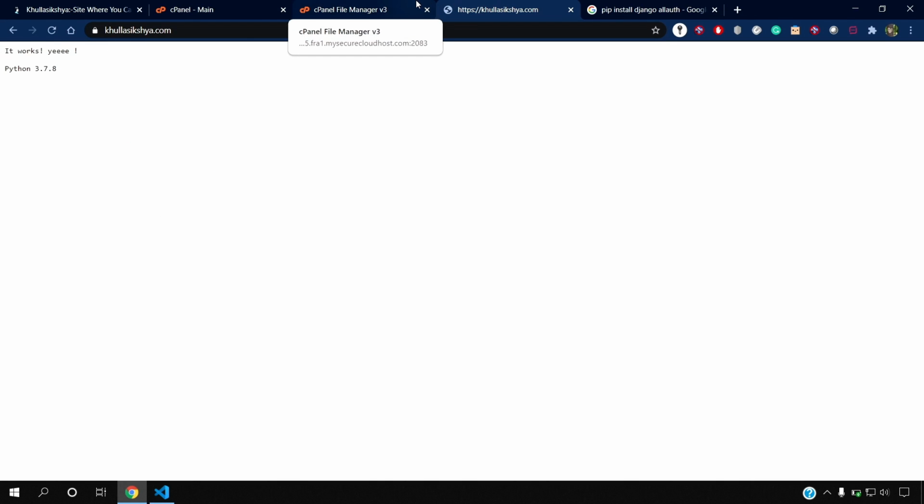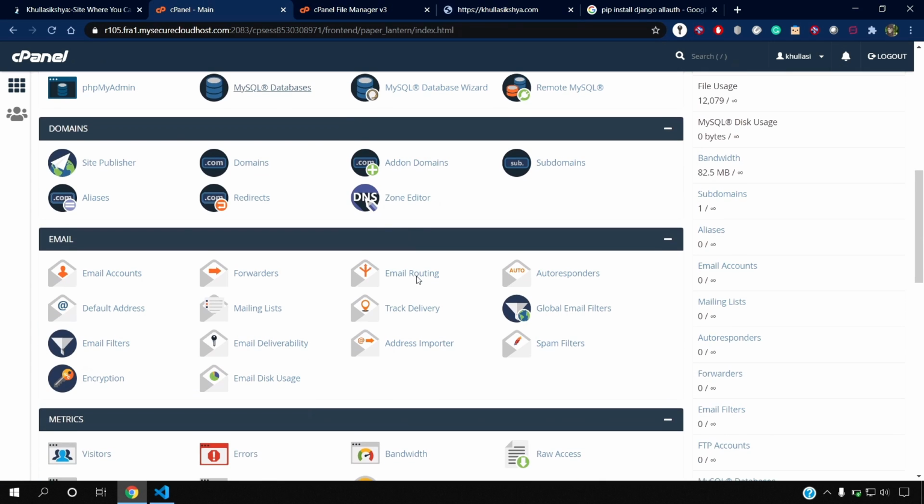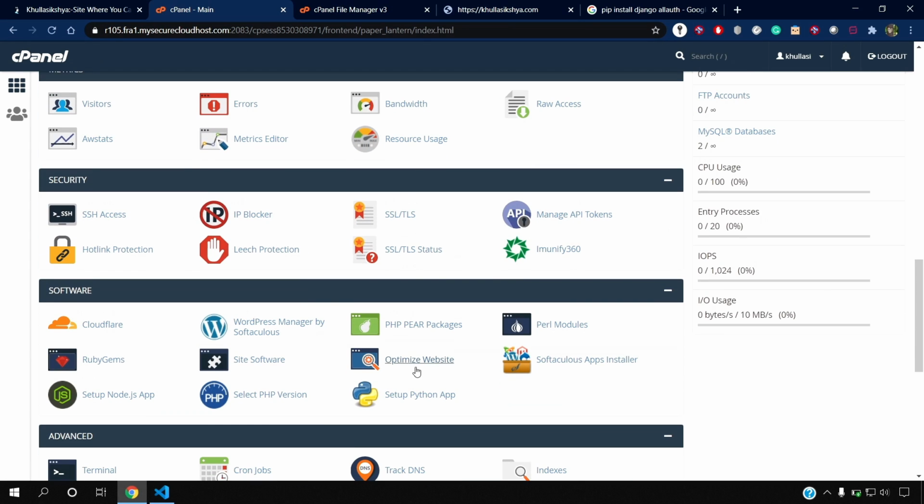Now we need to configure the WSGI file. But before moving into that part, let's create the database tables first. We have successfully configured the database part, but we haven't created the database tables. Using python manage.py makemigrations and migrate, we want to create the tables of the database. So moving into the terminal part, in order to go to the terminal, again we need this virtual environment directory.